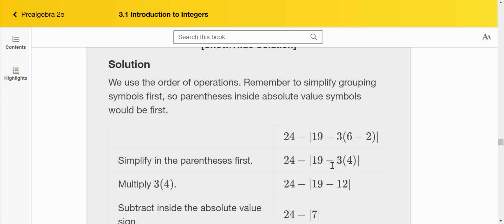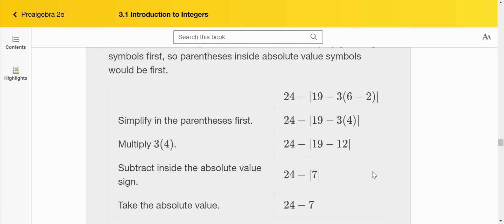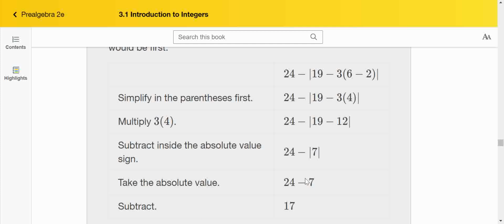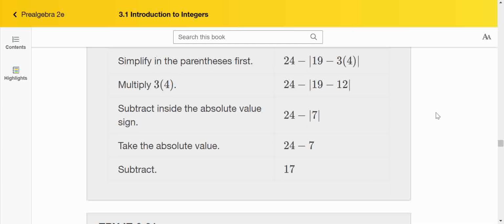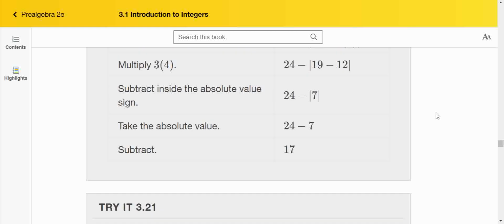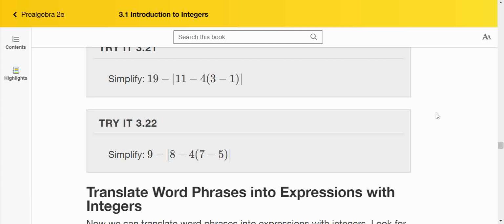Then the most inside to that would be minus 3 times 4, which becomes minus 12. And then we have 9 minus 12, and that's 7. Then we can take the absolute value, and that becomes 7. But the negative is on the outside, so it just carries through. And then we subtract and get 17. And we have a few try-it problems,